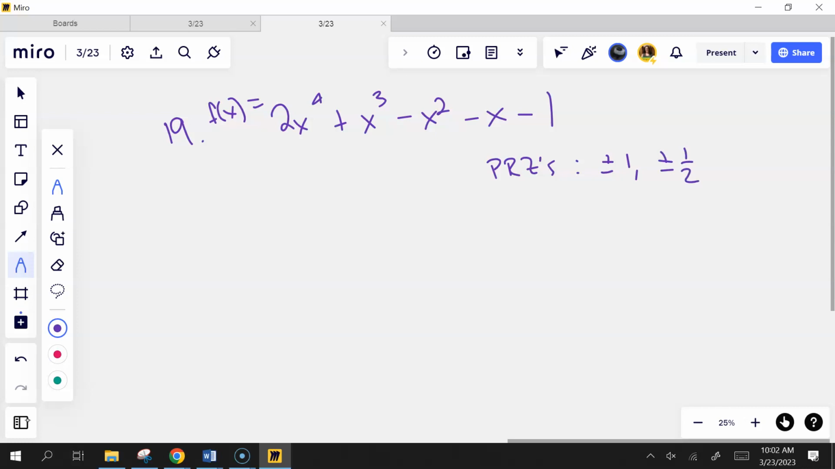I'm probably going to graph this and see. I feel like we did this one yesterday, did we not? Yep, it looks like a 1 and a negative 1 again, so let's try it. If I do 1,